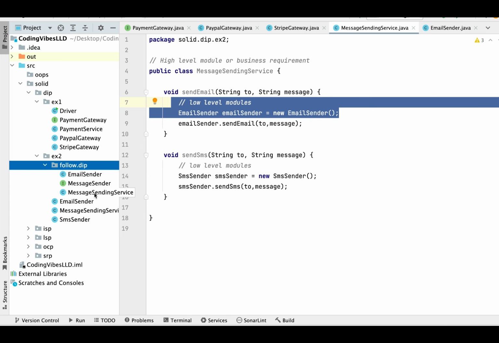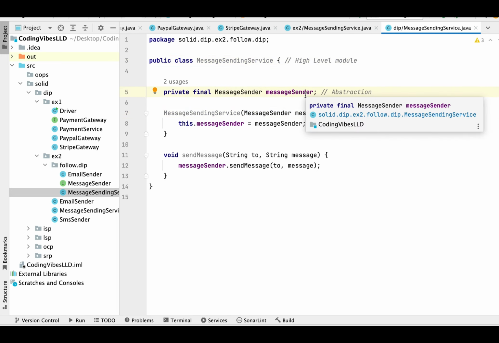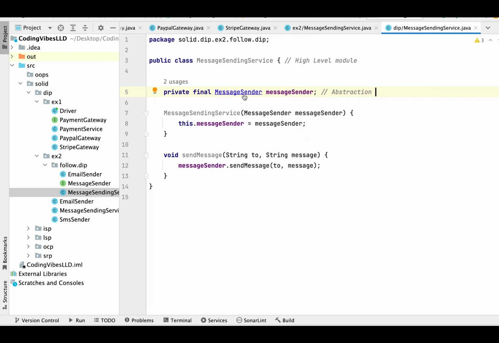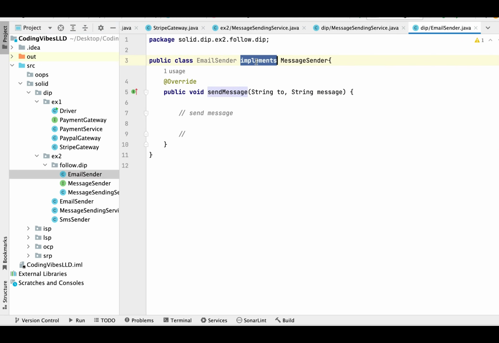What I have done, I have coded it following dependency inversion principle. So if we look at that code, I have created a message sending service again, which would be nothing but our high level module. It is dependent on a message sender, which is nothing but an abstraction. If we go to message sender, it is an interface which has a method send message. I have created an email sender implementing message sender, and it does override the contract that we have defined in message sender, right?